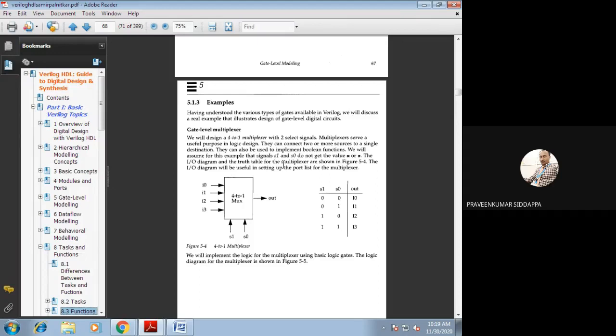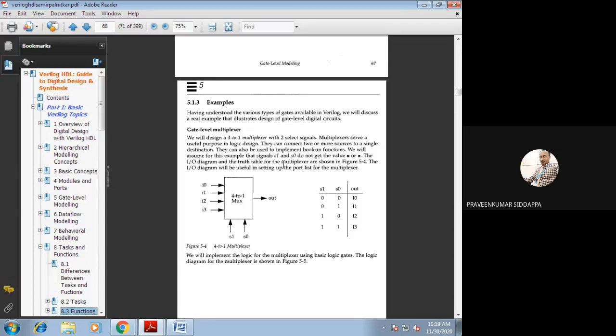Whenever we have a very complex expression, the structural diagram will also be very complex. We cannot draw it using AND gates. So at that time, what we need to do is reduce that expression. How will you reduce it? For reducing, we will go for a K-map or otherwise De Morgan's theorem. By using these two methods, we reduce the expression. Whenever the expression is not complex, there is no need to use De Morgan's theorem or K-maps. Is it clear? Yes, sir. So directly we should write it by seeing the truth table.